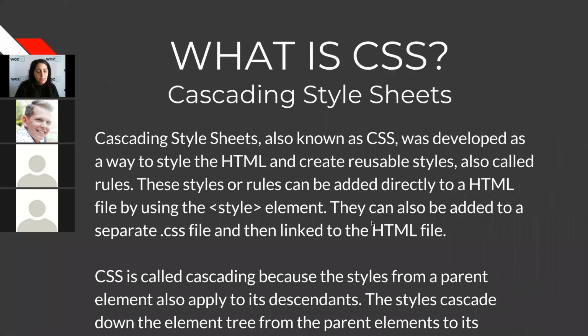It's called cascading because if I apply a style to a specific element, any element nested inside of that element is going to be styled the same way. Just like you inherit genes from your parents, like inheriting dark hair from my parents, that's cascading style. Now I can override that and dye my hair and become a redhead. That's when we use different selectors to change those specific elements, and that's where classes and IDs come into play.